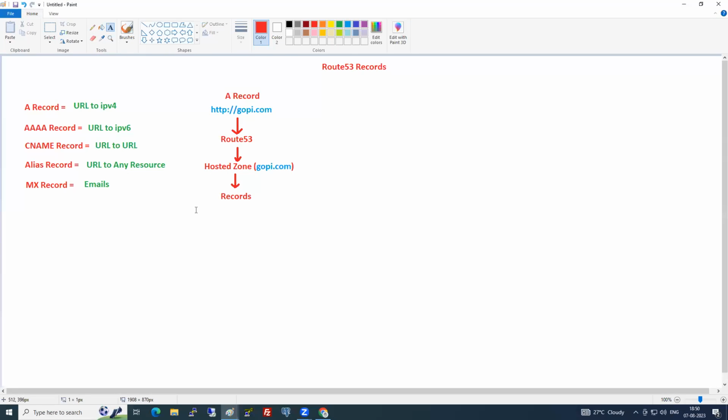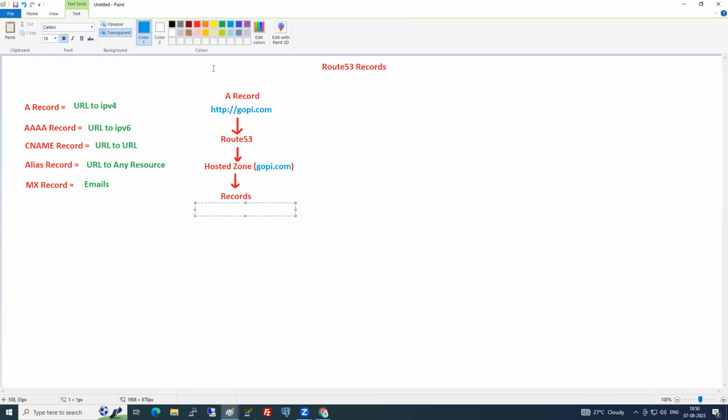So what is the record that you have? Gopi.com redirects to where? Generally gopi.com redirects to the ELB DNS URL, correct? Now, can I send it to the EC2 instance IP address also? Yes, we can send it.